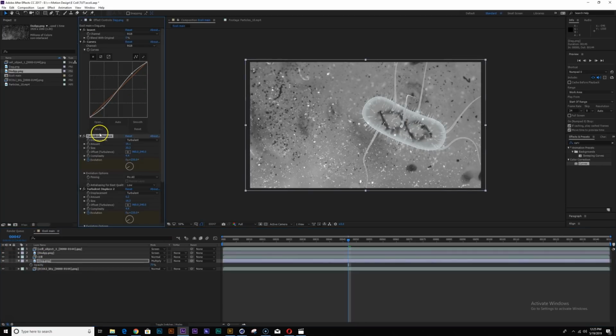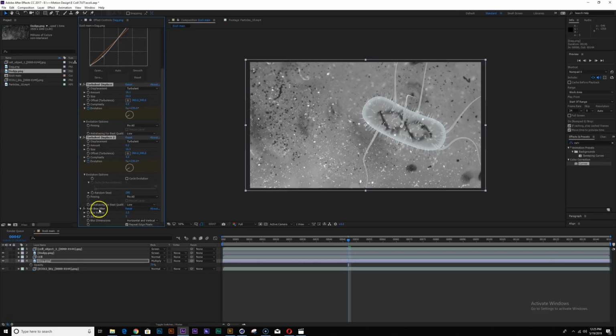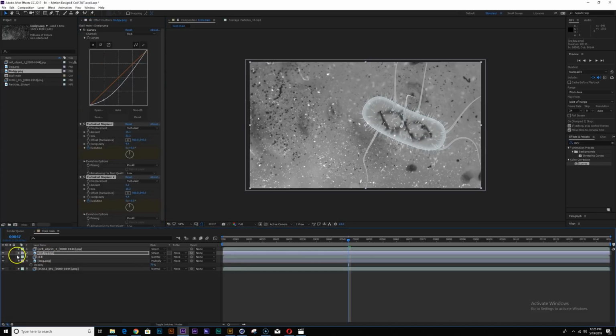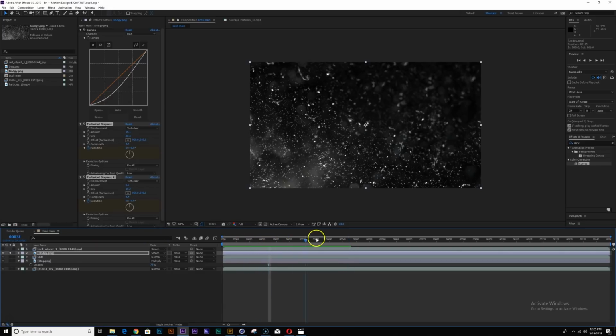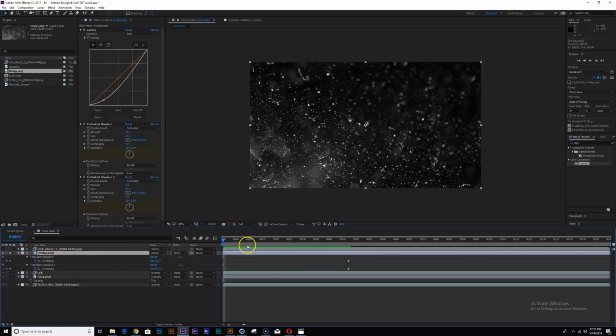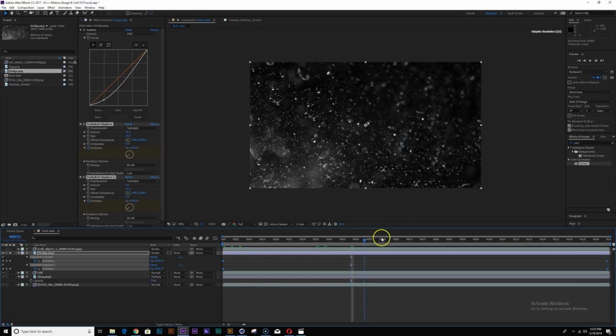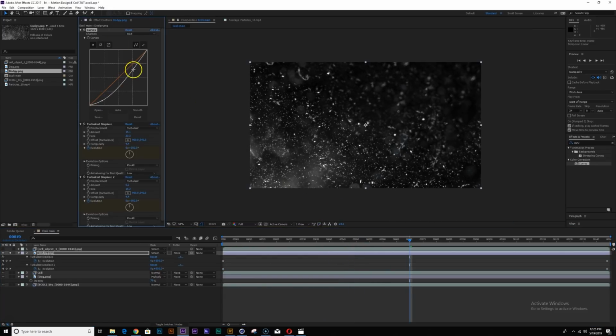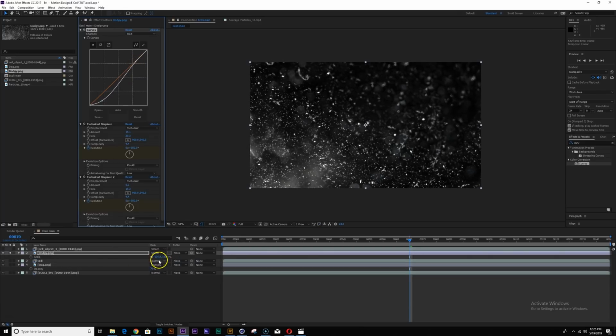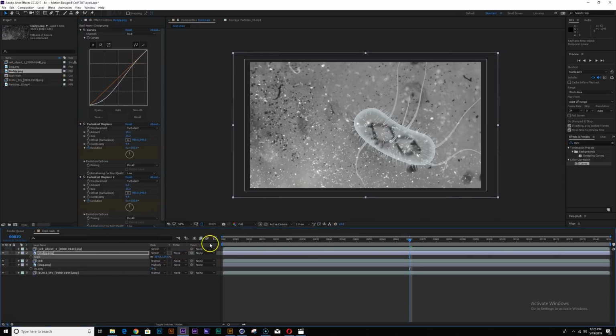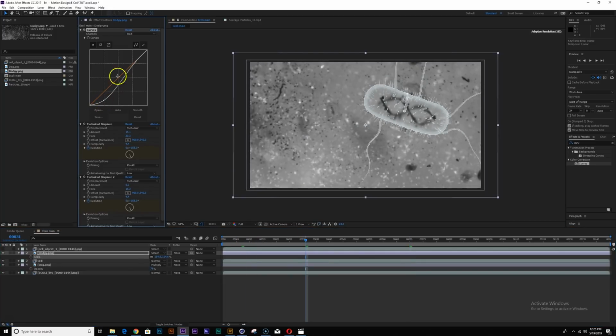Let's copy our turbulent displace effects onto this, so that you will have, what? Huh. Okay, let's move this back. There you go. Now we have some movement as well. Scale that up, and maybe crush it even more.